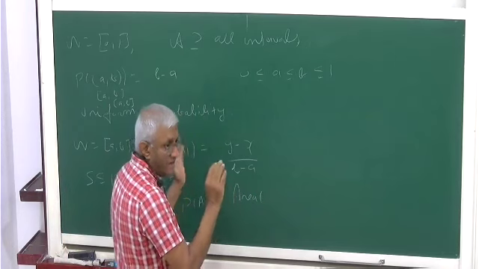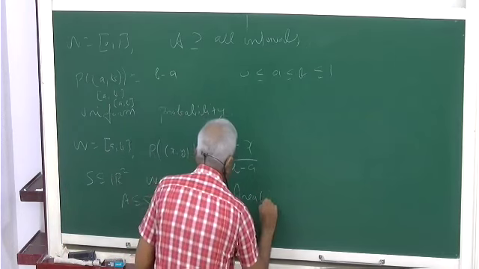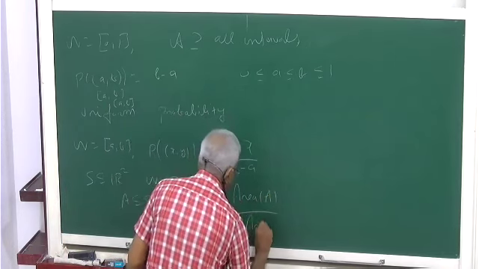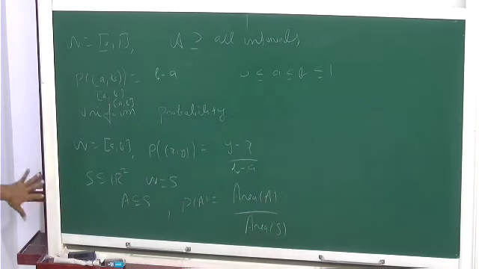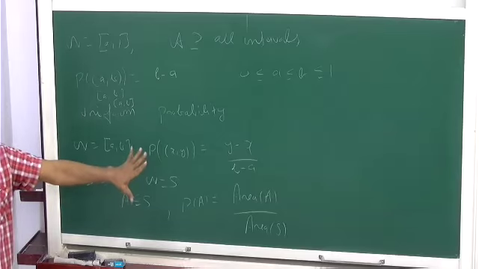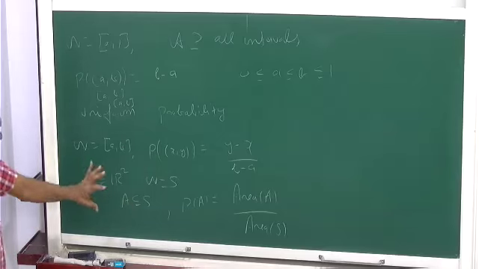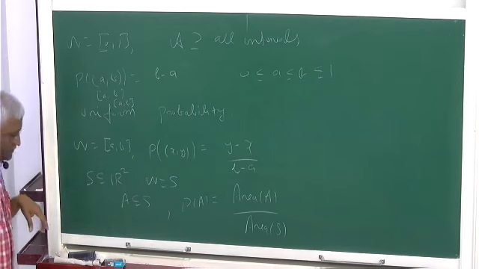Area need not make sense for everything. Probability of A is area of A divided by area of S. This is also called uniform probability distribution. If the area of S is 1, then this is just the area.